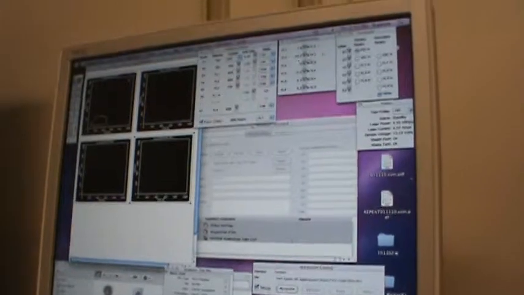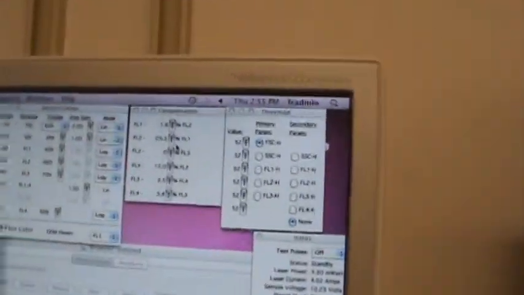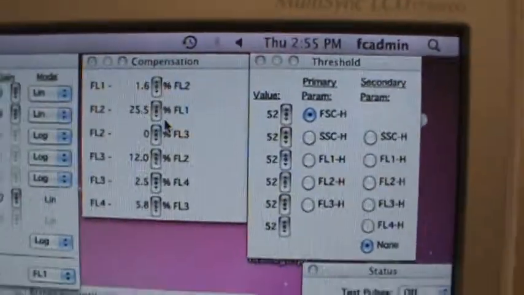And what is compensation? In your case, compensation is not a very big problem because you're just using one color. Although I might have to use also a green color. Initially I use the PI just for screening, but if I want to publish something, I think I also need to use the